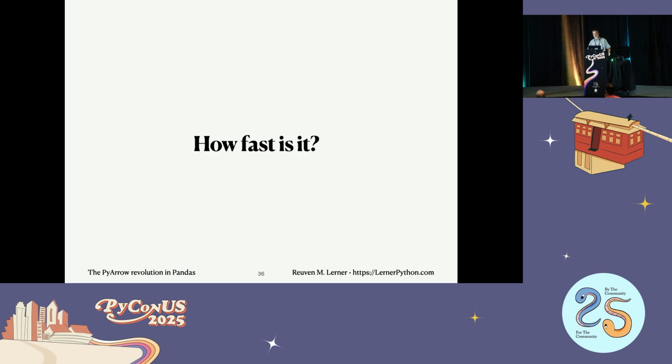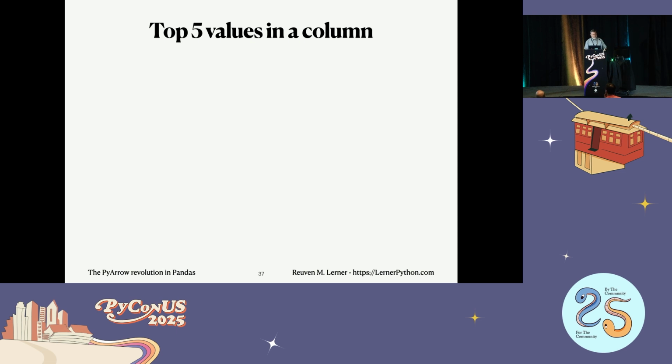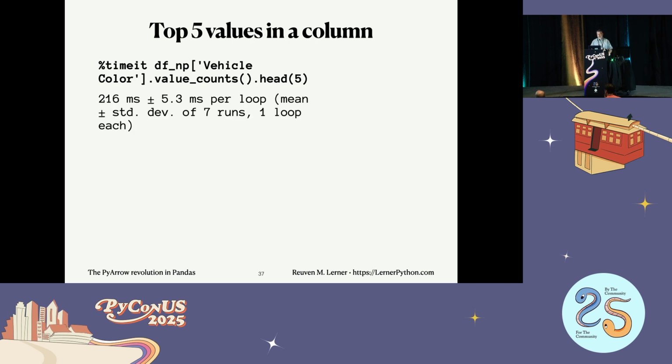Yeah, but we don't care about memory, right? We care about how fast it is. Like, that's how we show off to our friends, our nerd friends at least. So let's say I want to find out the top 5 values in a column from this parking ticket data. I can use timeit. Timeit is great. It comes with the Python standard library. Inside of Jupyter, I can use timeit with 1% sign, and then it'll time the line that I've got. If you use 2%, then it does the whole cell. And so I want to find out what are the top 5 vehicle colors that were ticketed in New York.